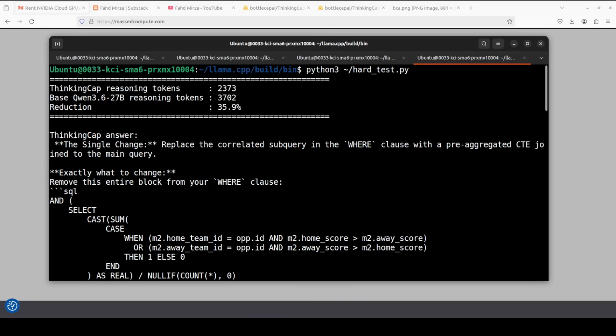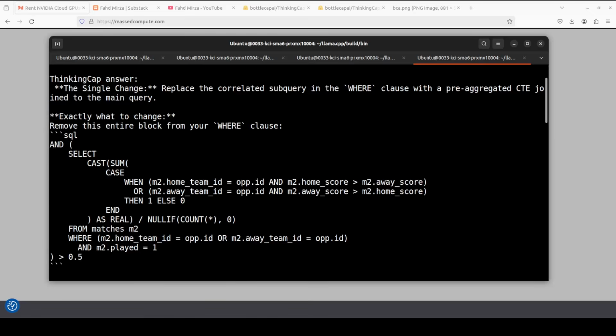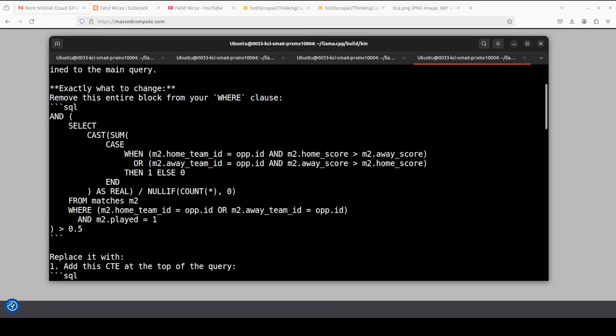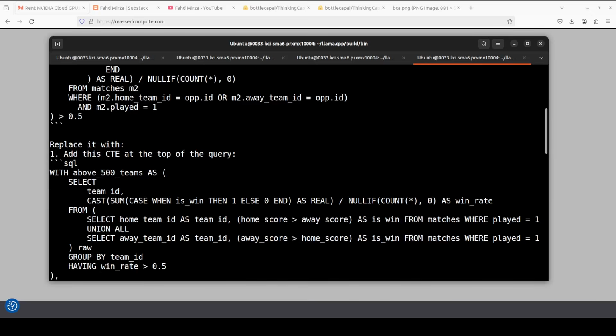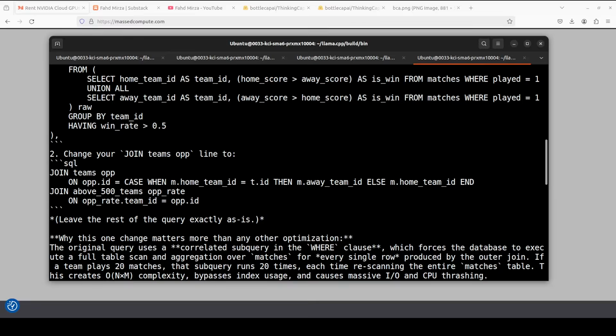And there you go, the model has come back, and you can see that ThinkingCap used 2373 reasoning tokens versus base's 3702, around 36, or to be exact 35.9% reduction, much closer to the model card's claimed average. Still lower, but still not bad. If you look at the output, both models landed on the identical correct fix, replaced the correlated subquery with a pre-aggregated join. So ThinkingCap got there with over a third fewer thinking tokens and no loss in answer quality, which